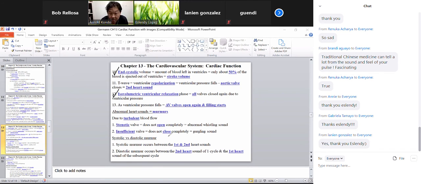But as far as terminology, just know them. You're going to see this on both your lecture exam and on your lab exam as well, because they're part of basic cardiovascular terminology, okay? And then finally, when it comes to abnormal heart sounds, murmurs due to turbulent blood flow,